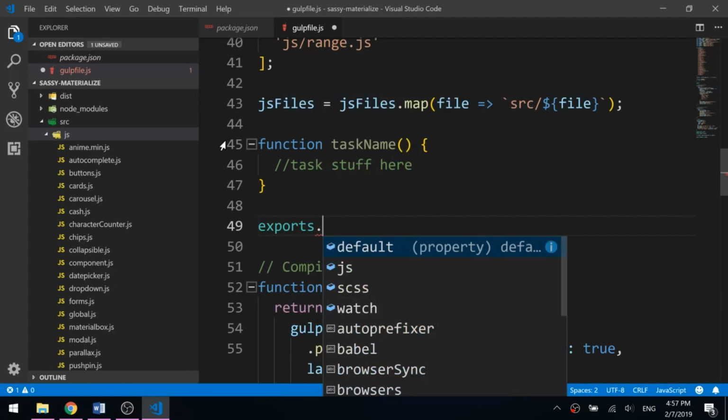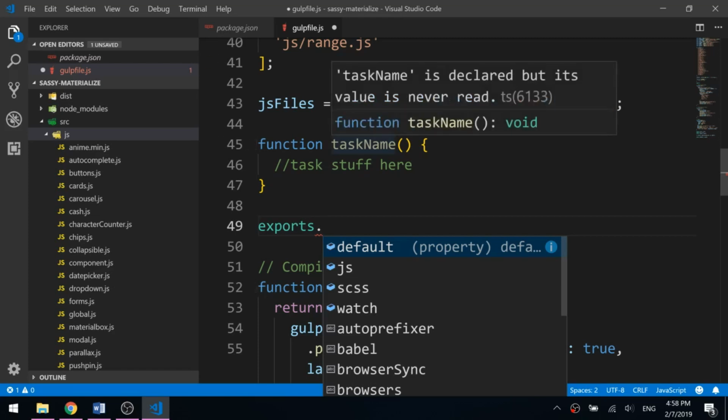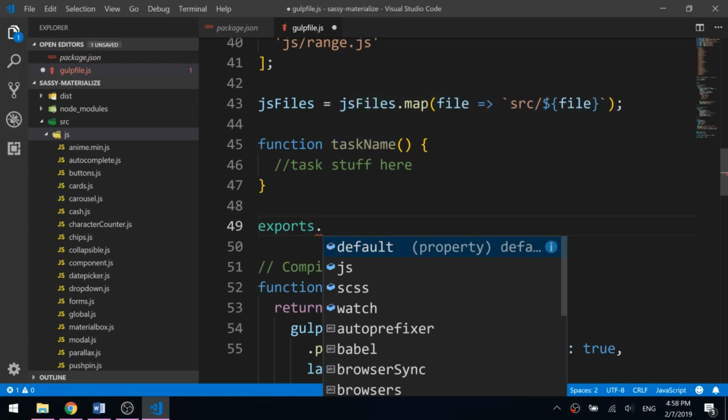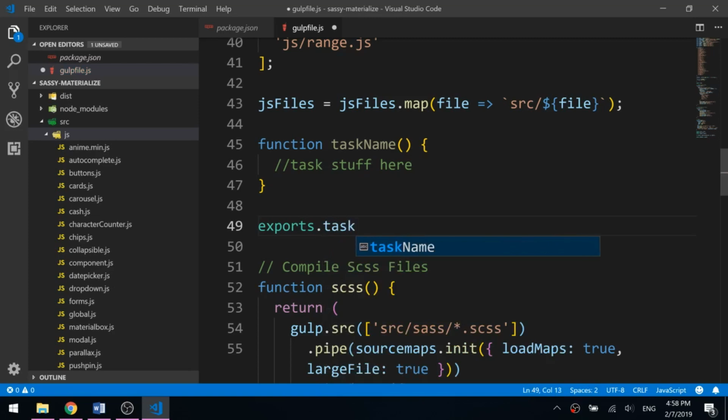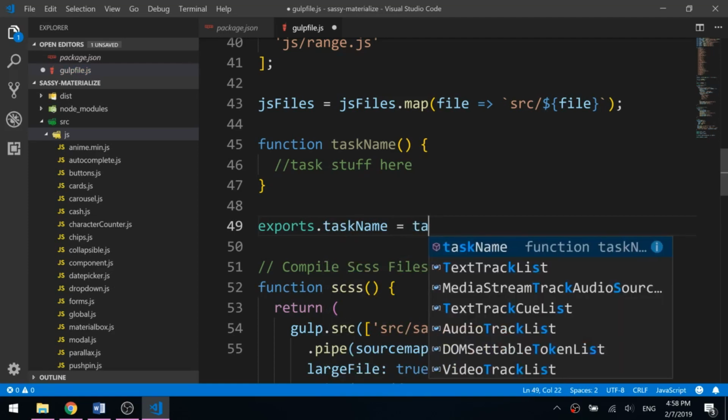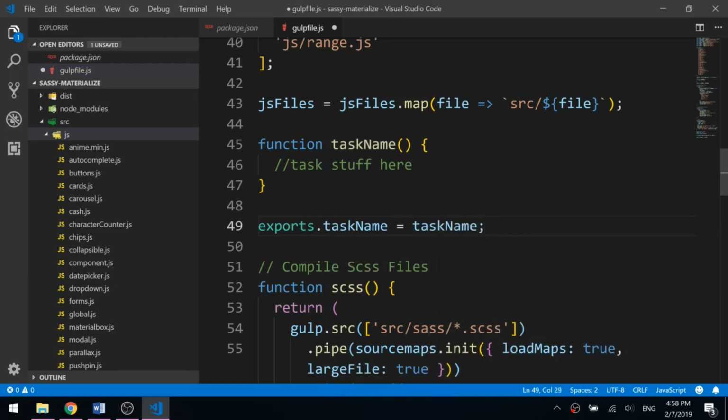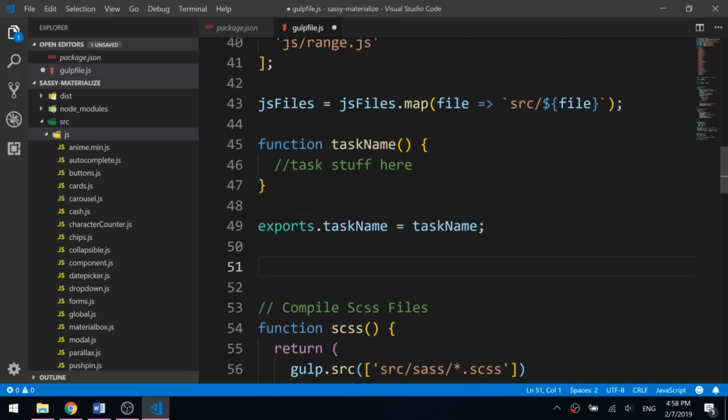And then you would assign it to whatever your task name here is in the file. Common sense wise, you would just use the same name. So it's task name exports.task name equals task name. So that way, when I'm in my command line, I can say gulp task name, and then it will run